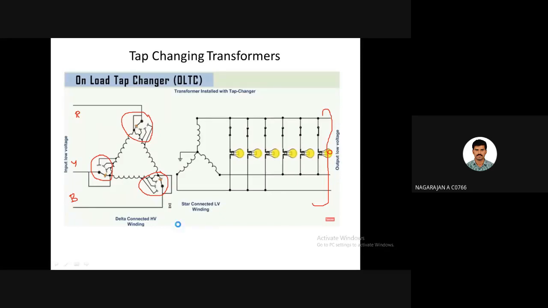The reason is, when you are changing the tapping, there will be a sudden, huge spike of current. You could have felt this when you are turning off a switch which has been closed for a long time. When you open the switch, you can see a spark ejected from the circuit. Okay, that means a huge current is passing at that time, for a very short period. So this will be avoided when you give the connection at the high voltage side. In the high voltage side, current will be minimum.